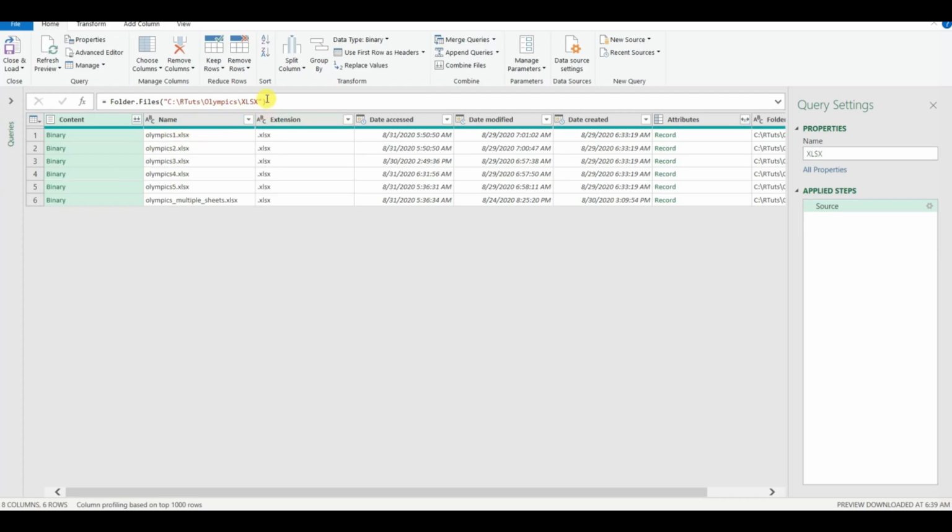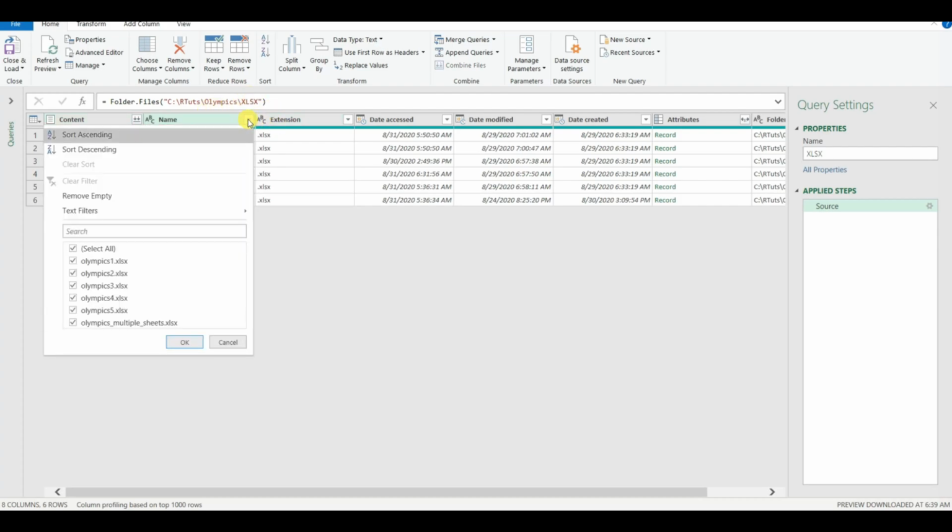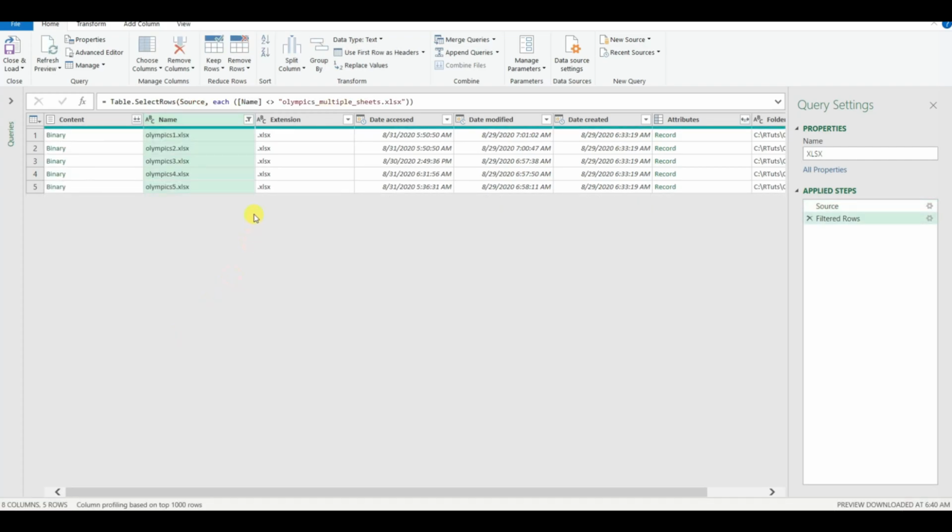query, this Power Query editor, and I'm just going to go into this, and then to the tab name, and then deselect. I'm going to unselect the file that I don't really want to include. I'm going to say okay. So the next thing is for me to now combine. There might be a ton of ways to really get this done, but you can just go ahead and click on this. You see combine files,